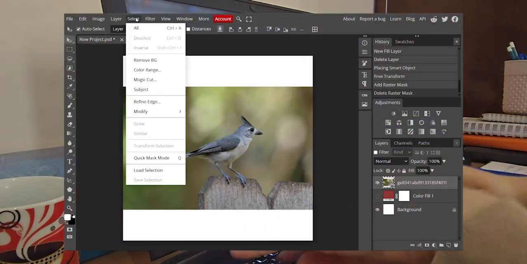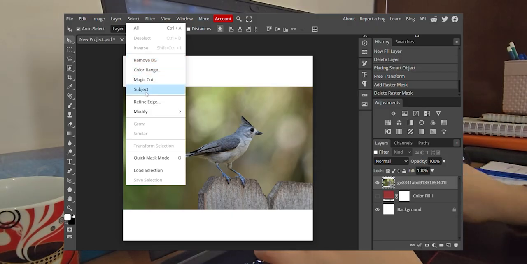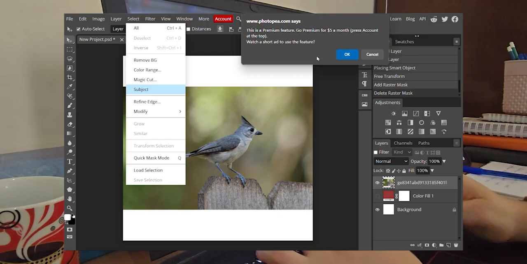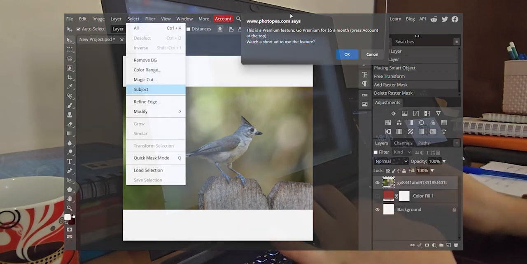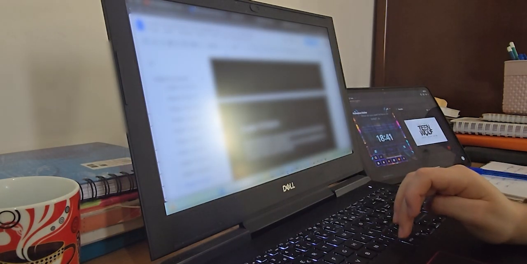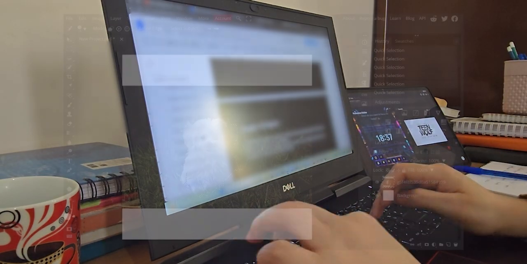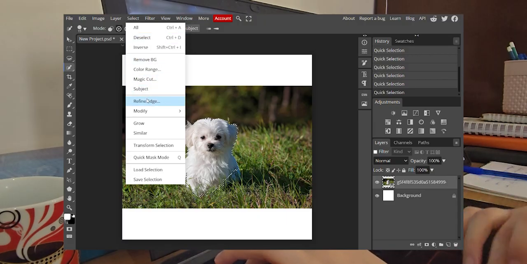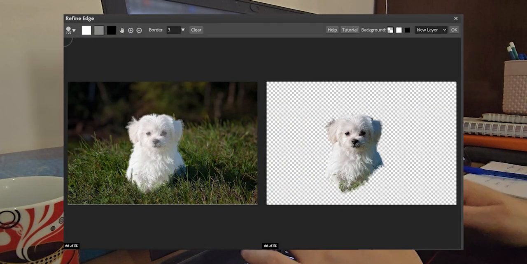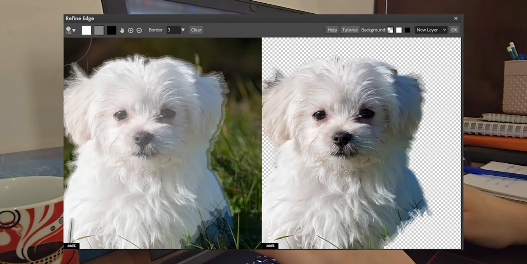Now, for subject. Its purpose is to select the subject, but since it is a premium feature, you can either pay or watch an ad to unlock it. And frankly, it does a good enough of a job. I truly like it. In this section, we have refine edges, which, like its title says, it refines or betters